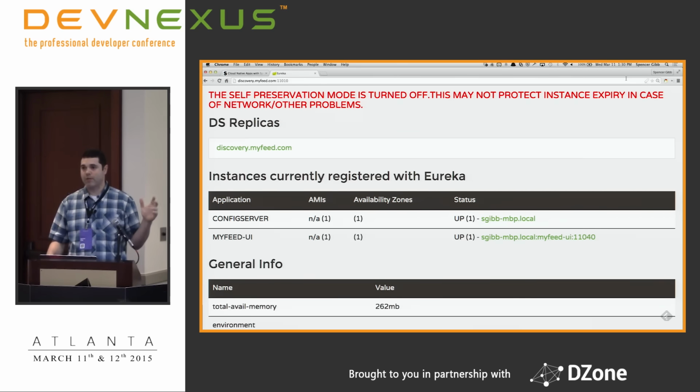So the way we have it set up by default, config server is the bootstrapping mechanism. It will tell you where Eureka is, but Netflix runs the other way. Eureka is the well-known service, and it tells you where their configuration service is. You can run either way. I'm running in the config server bootstrap mode.